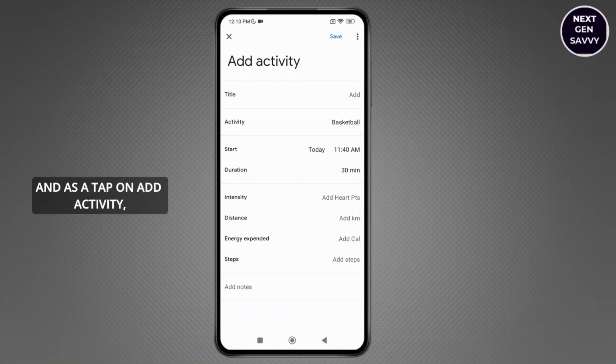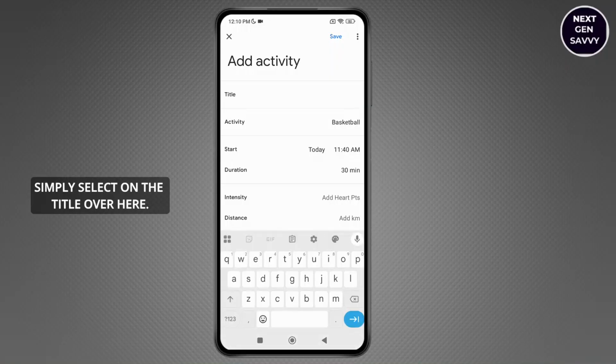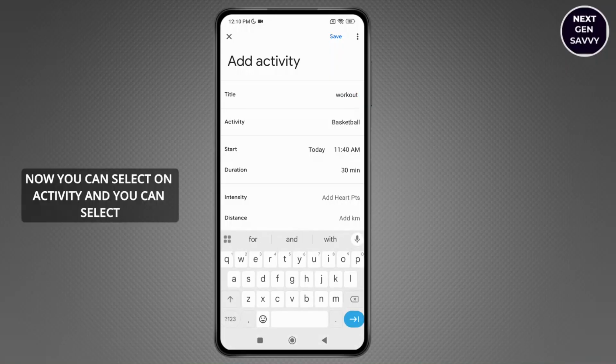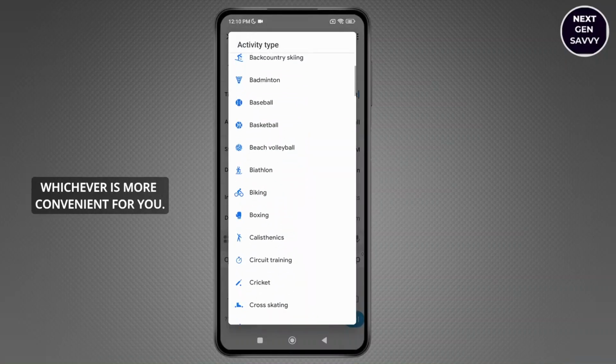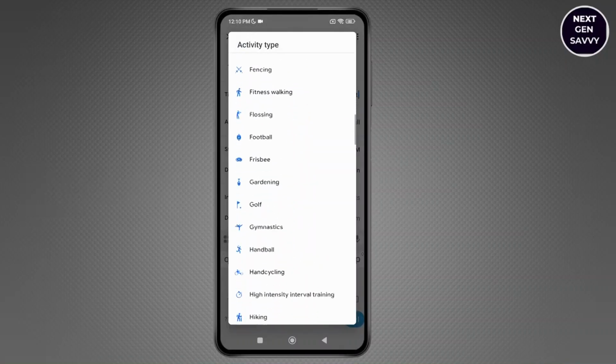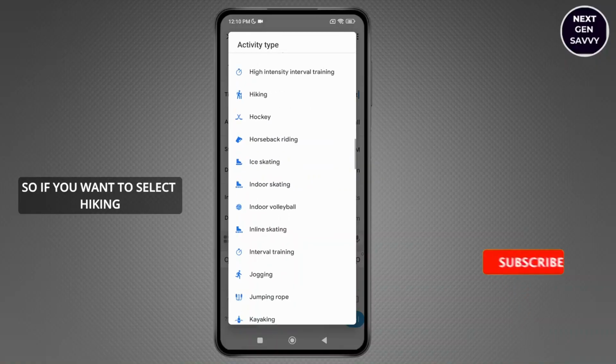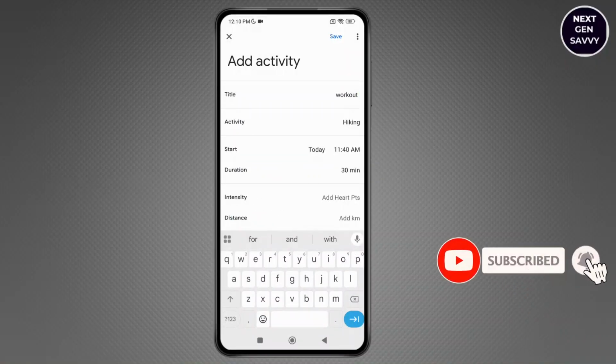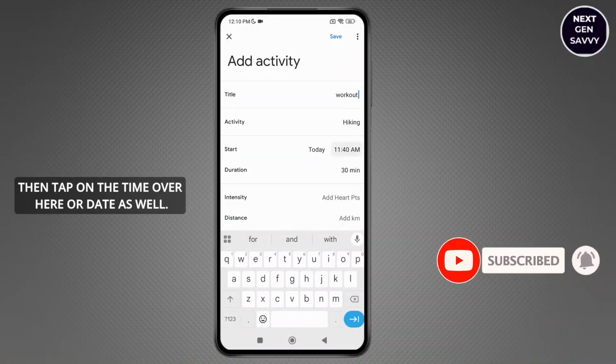And as I tap on add activity, simply select on the title over here. And let's just say it's workout. Now you can select on activity and you can select whichever is more convenient for you. So if you want to select hiking for now, let's just select hiking, then tap on the time over here